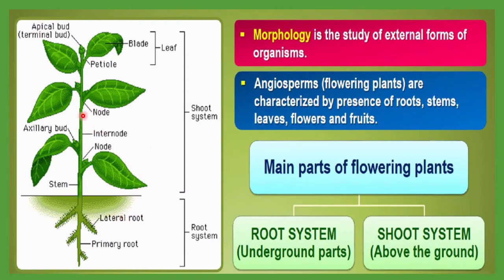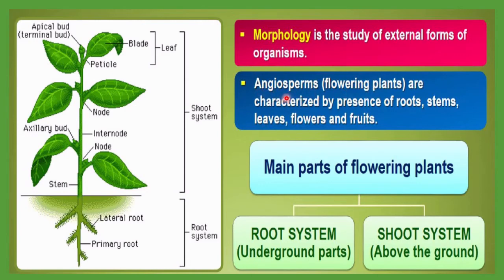Such a study of an organism, and especially in this chapter we are discussing plants. If you observe any organism from outside, whatever you study is included in morphology, such as the leaf, stem, roots, flowers, seeds and all that. Here specifically in this chapter we are talking about angiosperms, because angiosperms are considered flowering plants. So the topic name is the morphology of flowering plants.